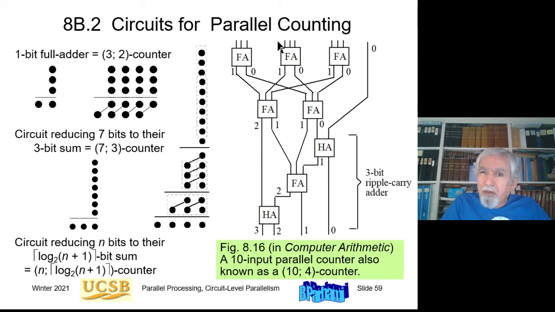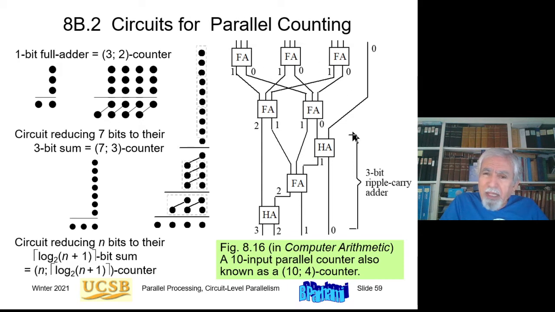Here we are providing all the increment signals in parallel, and after a certain delay through the circuit, the count emerges down here. So we don't do sequential but parallel computation. I won't go through the details of how these counters are designed, but